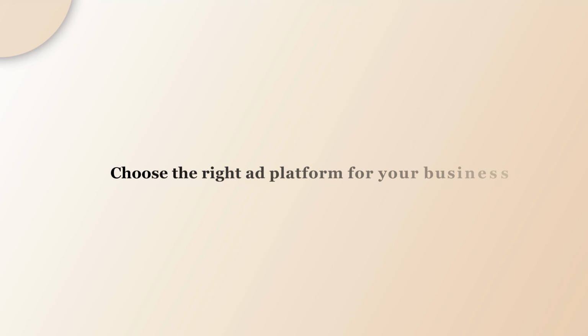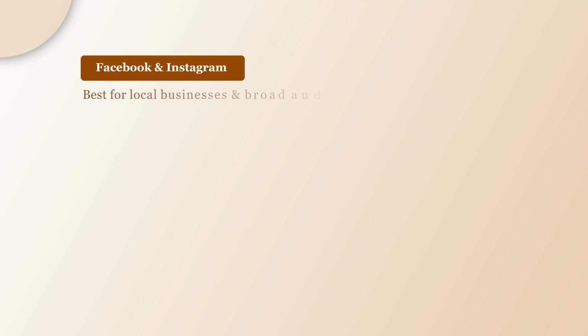Now, choosing the right ad platform is key. I mentioned a few earlier, but here's the thing. Not every industry can advertise on every platform. For example, trying to run cannabis ads on Facebook right now will probably and most likely get your account flagged and/or suspended. So be careful about that. But for the most part, Facebook and Instagram, or Meta, is best for local businesses and broad audiences. Also for old people. Yes, they've been on Facebook for a while now, but they're also on Instagram too.